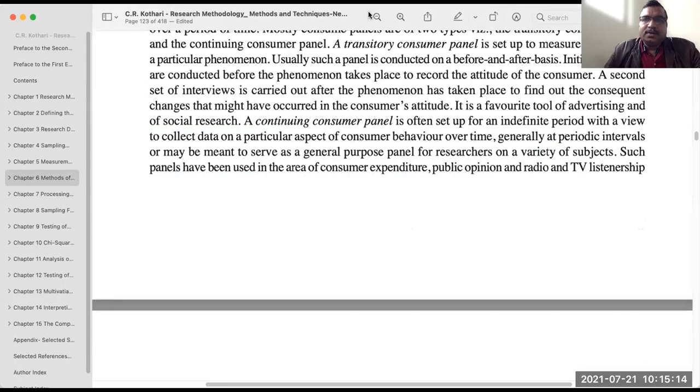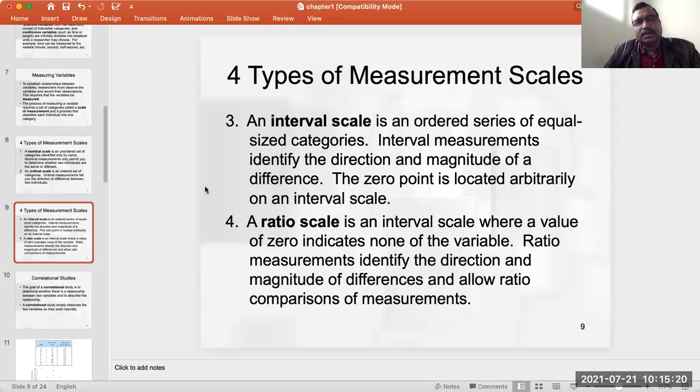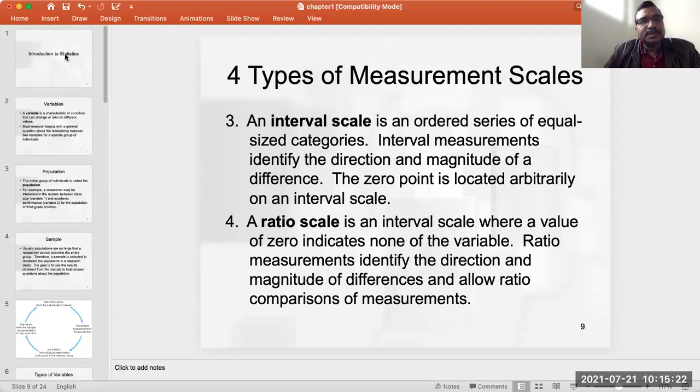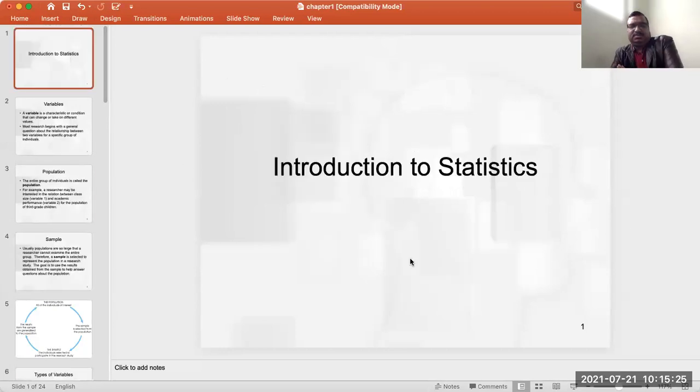Now we go for our data and data analysis part. Let me come to this slide. Basically we are interested in statistics, right? Wherever there is data and you are going to analyze it. What is the definition of statistics? Can anyone tell me?